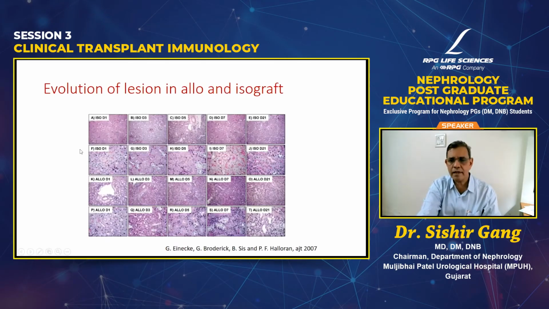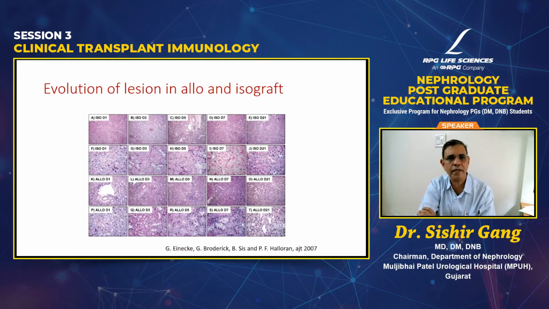Now, how does this evolve? It is difficult to study periodic biopsies in a human allograft, but it has been extensively studied in animal allografts. So these are in the animal lab. These are isografts. When you put in isografts, that means they are genetically identical. They literally have no change over the 7-day or 21-day period. But if you put an allograft in, the response starts coming in by day 3, and by day 7, you start seeing tubulitis. And by day 21, if it is untreated, it becomes quite severe and you might completely lose the architecture of the graft. So these are the changes which are seen.